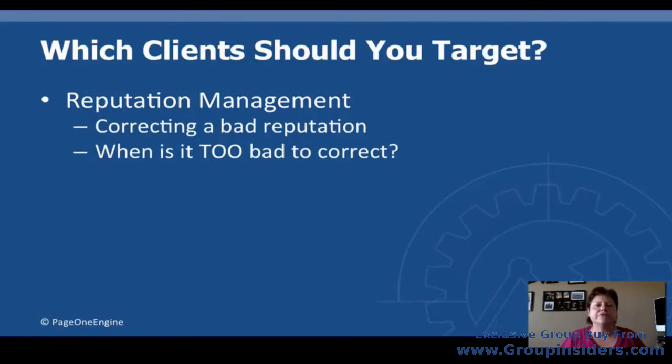You want to shy away from any client that will continue to gain negative reviews. Meaning, if you think it's a problem with their service, it's probably not going to get better. Your job will always be cleaning. While it's possible and you can continue to do that, it's not going to present you with a good ROI, a return on investment. So what you're really looking for is the type of client that has a couple of bad reviews if you're doing reputation management traditionally and trying to fix stuff. 1 would be great, 2 are okay. You get into 3 or more, I'd shy away from that particular client.